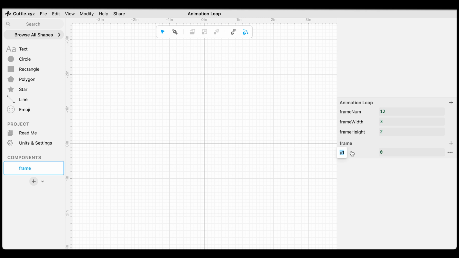First, I'm going to add a parameter called time, which will represent where in the sequence of frames we are. I'm going to leave that at 0 for now. Next, I'm going to add another parameter. This will be circle